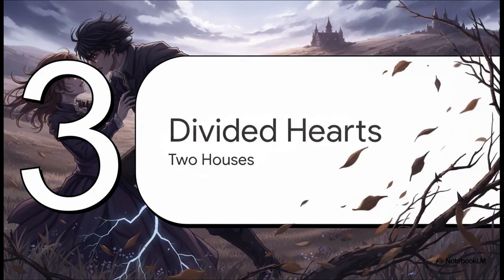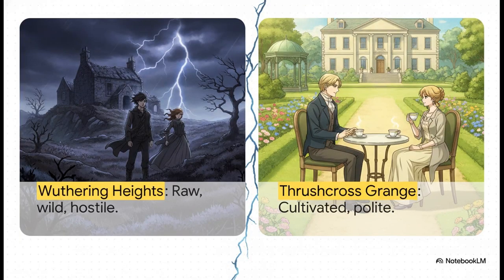Section 3: Two Houses, Divided Hearts. This relentless degradation forces a massive divide, eventually pushing Heathcliff and his fierce companion, Catherine, toward a fateful discovery. When Catherine and Heathcliff sneak off to spy on the neighboring Linton family, we hit this stark, almost unbelievable geographical